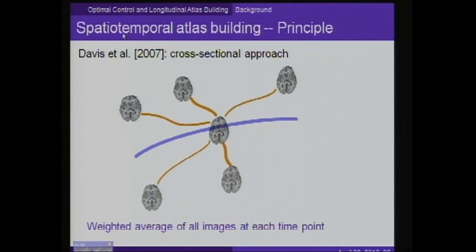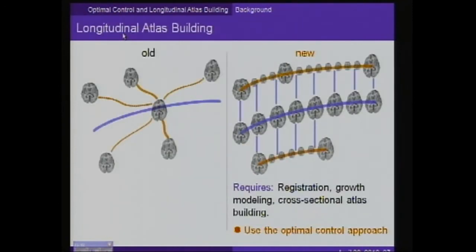But a weighted average of the images is more than just taking a weighted average of the intensities. It's a weighted average in this warped space, basically. So it takes into account the deformation, because you don't want to blur it. Now, if you apply something like this to longitudinal data, then in a way you throw away a little bit of information, right? Because you already went through so much pain to acquire images at multiple time points, you may as well use it. And presumably it's also easier to register within a subject than across subjects,